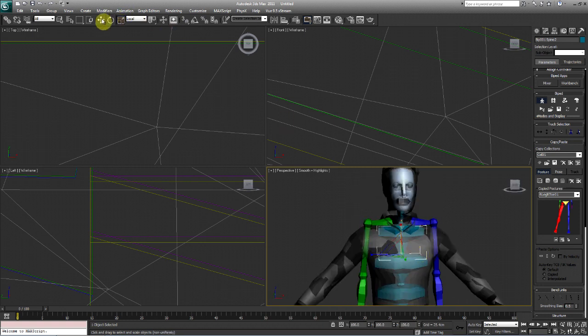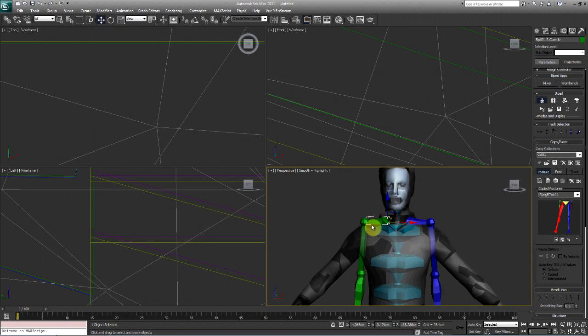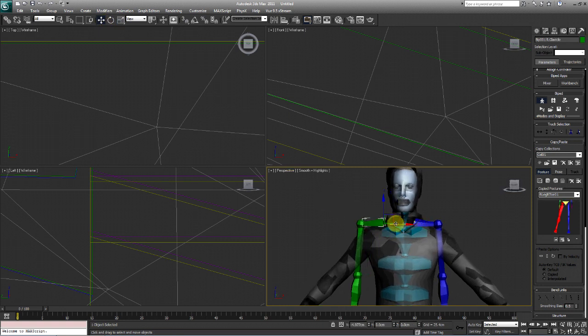Now the cool thing about the shoulder links is they do move, so we're going to go ahead and move it. I'm using the move tool right now, and we're going to start with the right side again. Lower that, put it about right there. I'm going to rotate it, make sure you're on local. Right there.